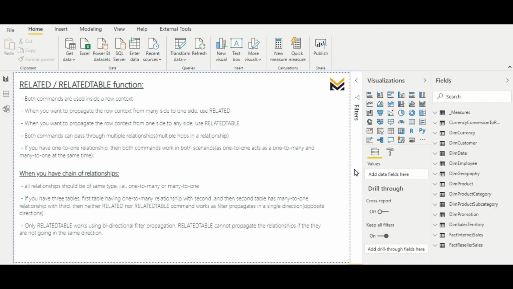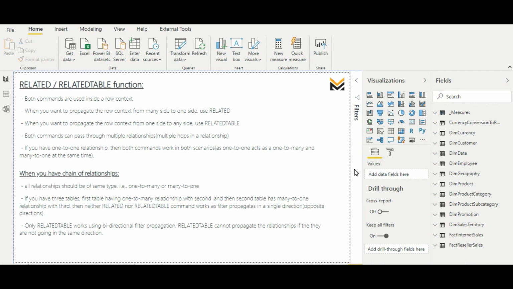The second point is that if you have three tables, the first table having a one-to-many relationship with the second, and then the second table has a many-to-one relationship with the third, then neither RELATED nor RELATEDTABLE works, as filter propagates in a single direction, not in opposite directions.